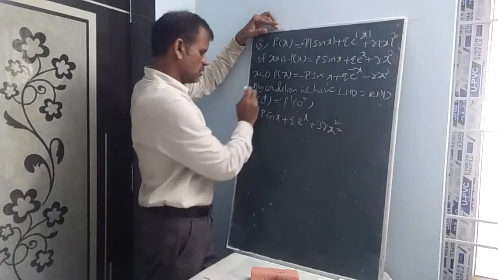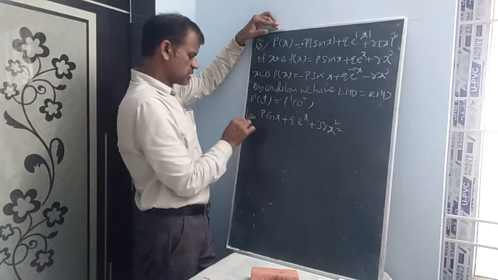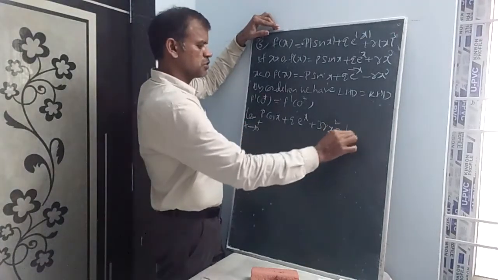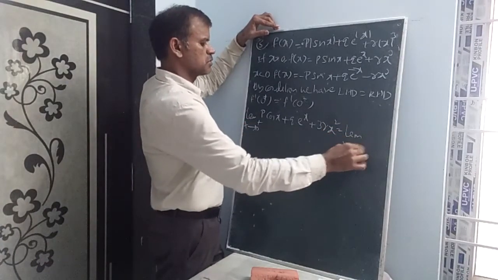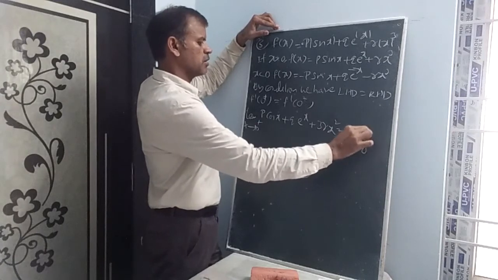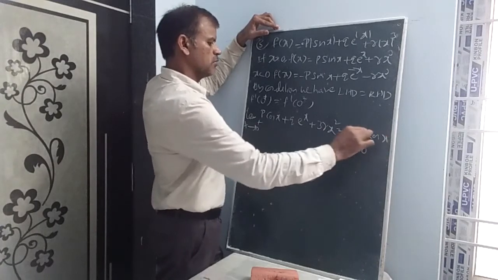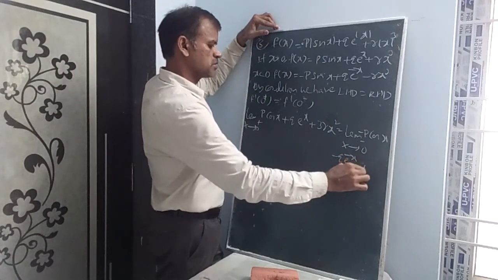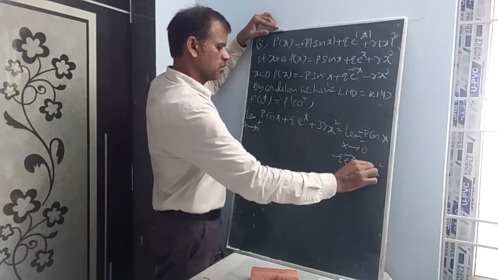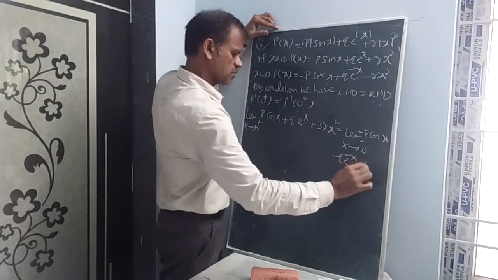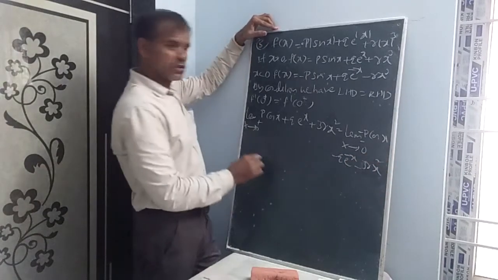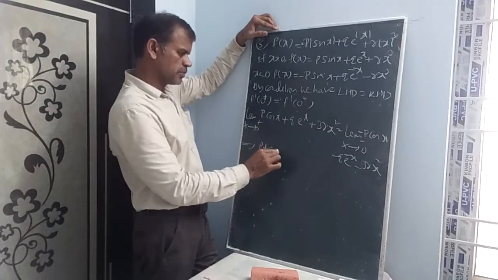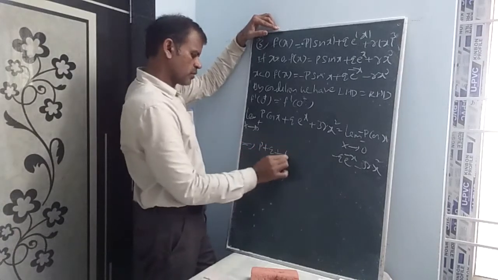That is equal to, here we can apply limit x tends to 0 minus. I mean that is of course nothing but 0. Limit x tends to 0 minus. Calculating here p cos x minus q e power minus x minus 3r x square. Substitute the value 0 here. P cos 0 is 1, this is p plus q into e power 0 is 1,